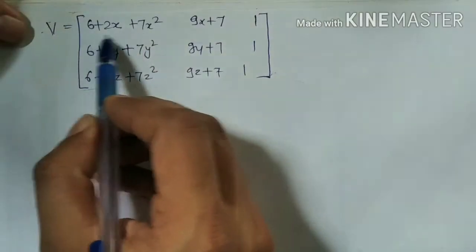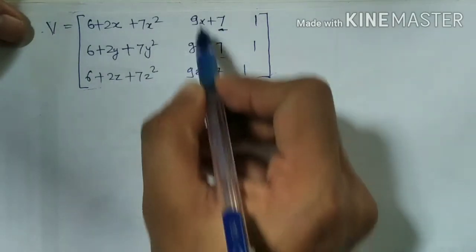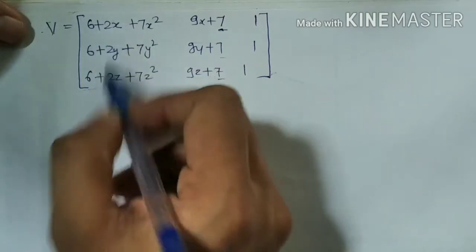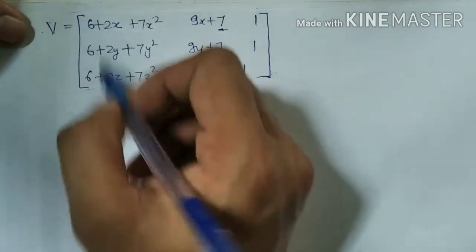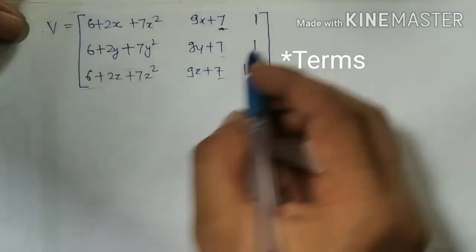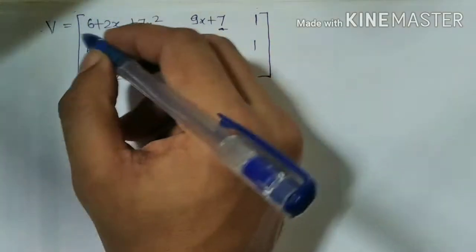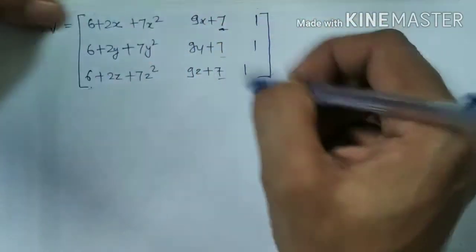See, there are a few extra terms like this 7, 7, 7, and in multiplication I have 9 here. Similarly, on the first column I have 6, and 2x, 2y, and 2z extra. Our idea is to eliminate these extra variables. So how will we eliminate this 6? Of course, I have to use the last column to eliminate this 666. Also, I can eliminate this 777 by using the first column.